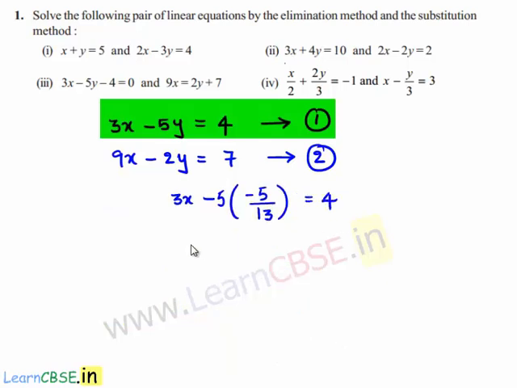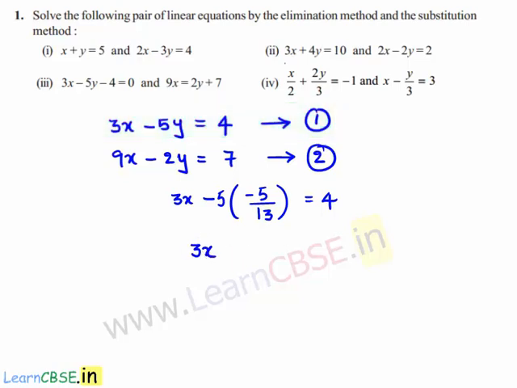Now we'll be getting 3x minus 5 times of minus 5 by 13 is nothing but plus 25 by 13, and this is equal to 4. Now transposing 25 by 13 to right hand side, we'll be getting 3x is equal to 4 minus 25 by 13,